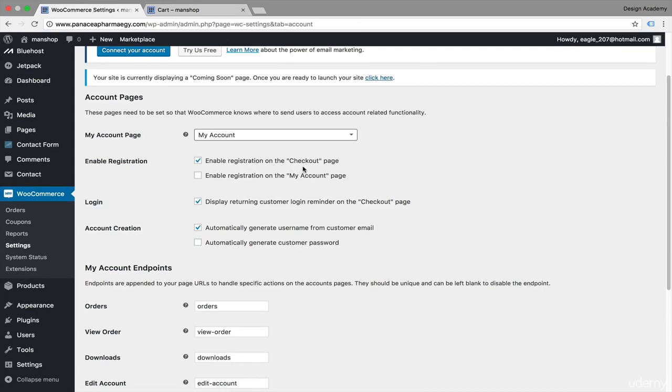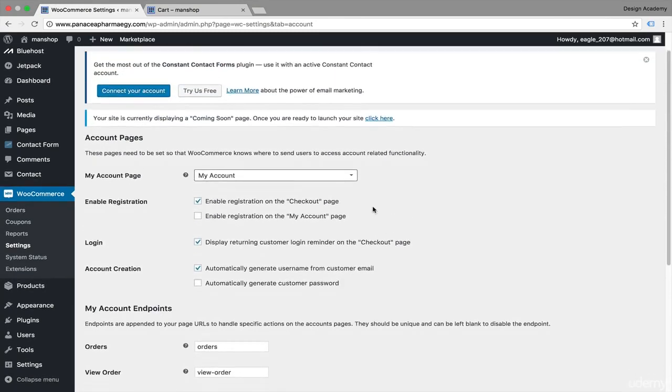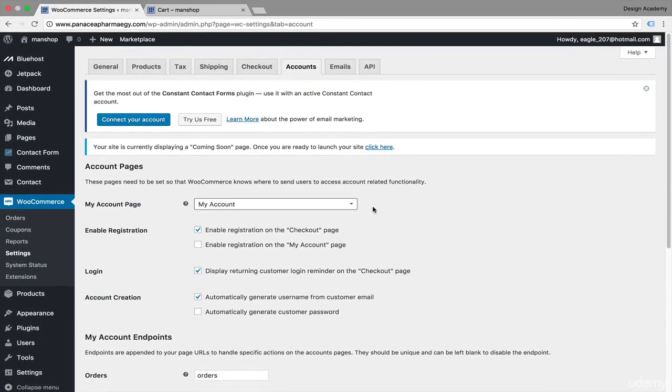Most of the settings are very well done. We're not going to change any of them. Here you can enable registration on any of those pages, checkout or my account page, to make it easier on people. Let's go to the emails tab,